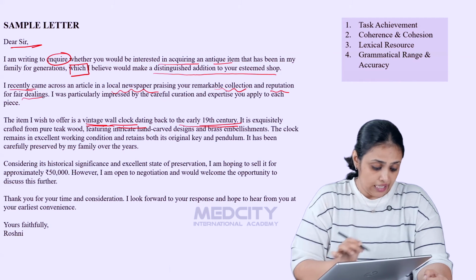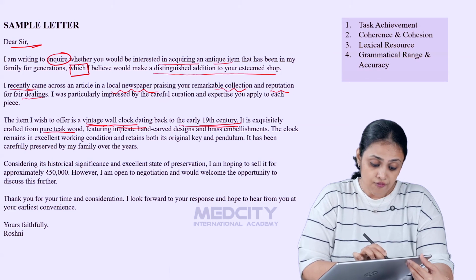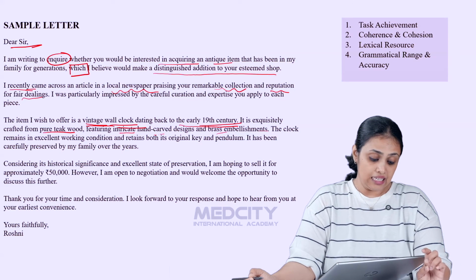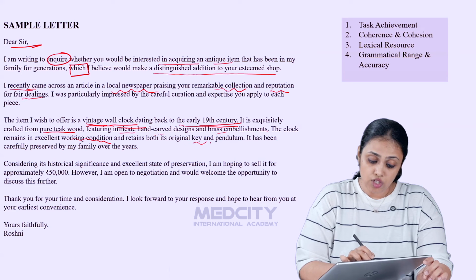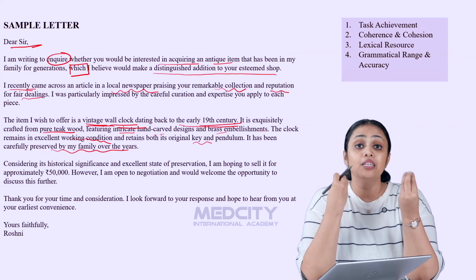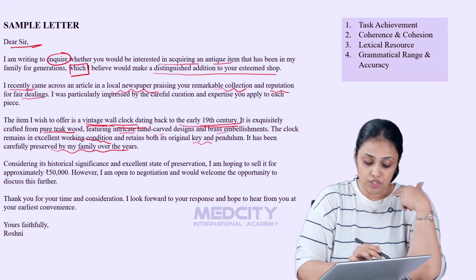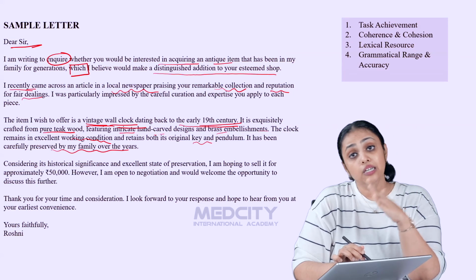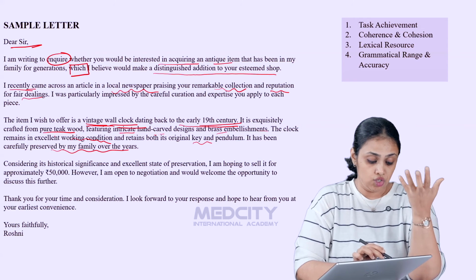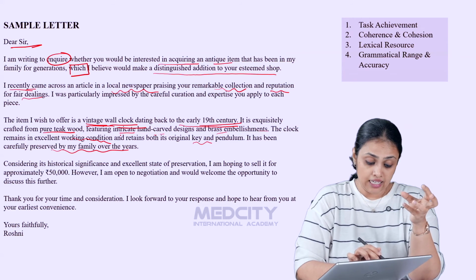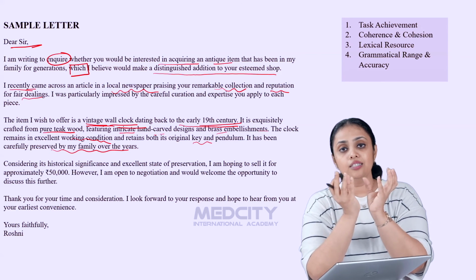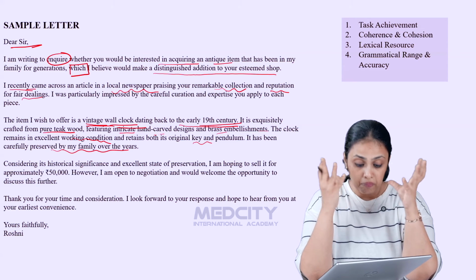It is exquisitely crafted from pure teak wood, featuring intricate hand-carved designs and brass embellishments. The clock remains in excellent working condition and retains both its original key and pendulum. It has been carefully preserved by my family over the years. See how beautifully you can describe it using words like vintage, and that it's from the early 19th century. So how valuable it is, then the material with which it is made, pure teak wood, then the designing, it has got intricate hand-carved designs and brass embellishment, so that the reader can imagine the appearance,